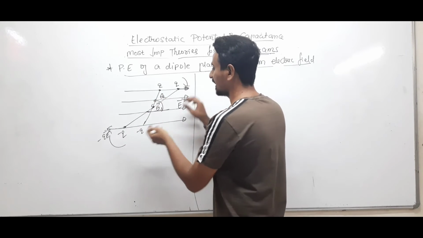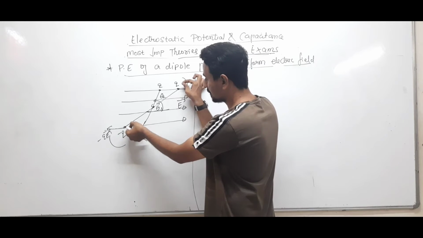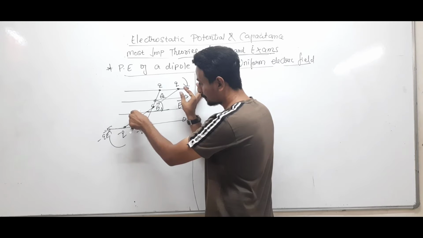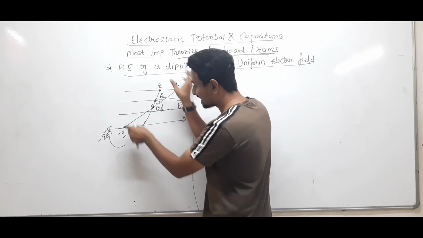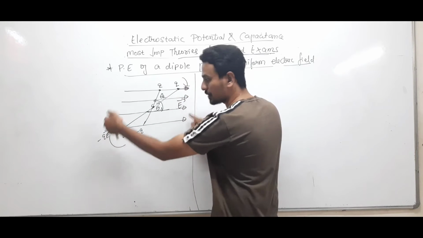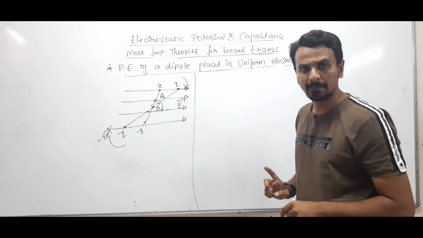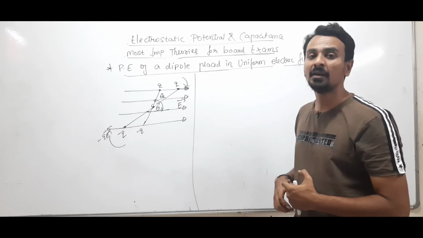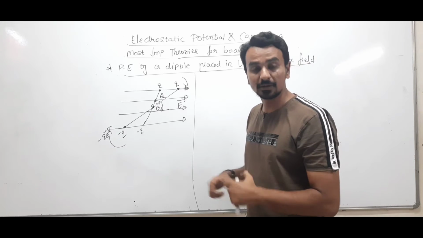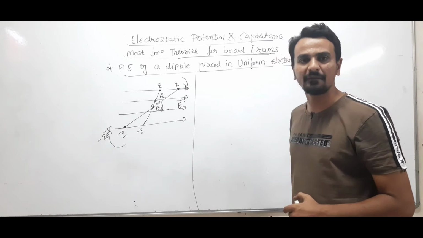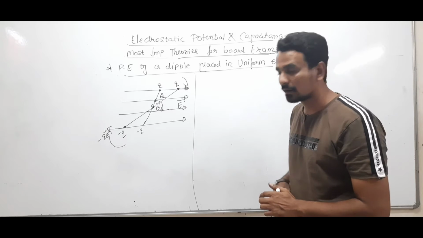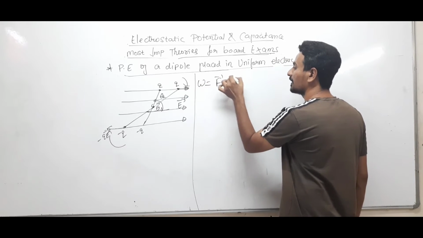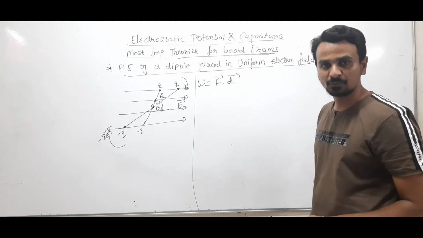That means I am rotating the dipole from this position to this position. This is how. I have to apply an external torque in an anti-clockwise direction against this torque. Clear? So for that I need to do some work. Some work should be done by the external torque. This work done will be stored in the form of energy. Clear? Okay, now work done, we have studied F dot d if it is performing linear motion, or when F is constant.